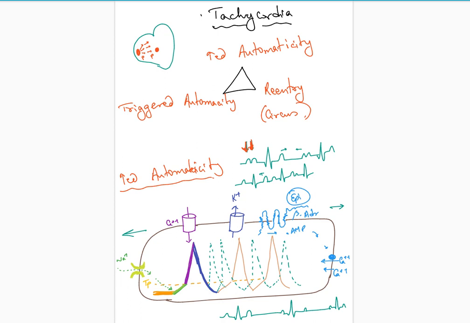So two P waves will precede a QRS, or there can be a situation that suppose P wave is firing very frequently. So do you think that after T wave the duration that usually remains before the next P wave, that duration will persist, or this duration will shorten, or this duration will elongate? It will shorten. Very good. So you see these are the changes that we can see over here. Tell me, understood or not? Yes sir. Okay, so this is what I was telling about increased automaticity. So this is the story of increased automaticity.